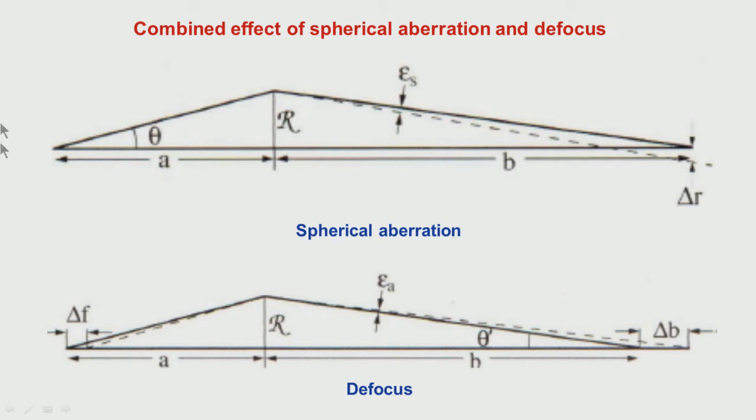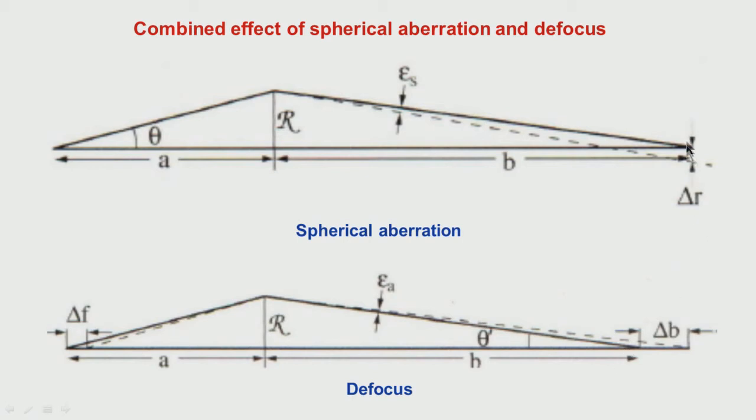This is very interesting. Spherical aberration essentially makes a ray travelling far away from the optic axis bend closer towards the optic axis, whereas defocus makes the ray deviate away from the optic axis. So, it acts in the opposite direction. For a particular angle theta, or a particular distance from the lens where the ray is getting scattered, the net angle of bend will be a sum of these two.